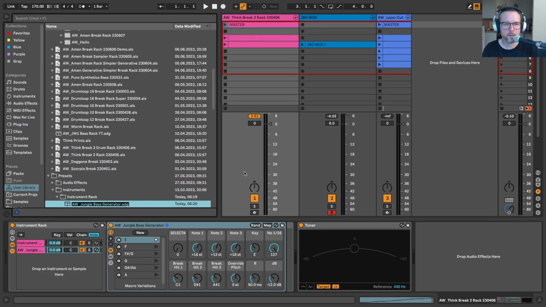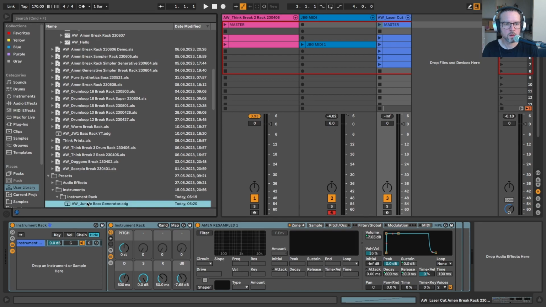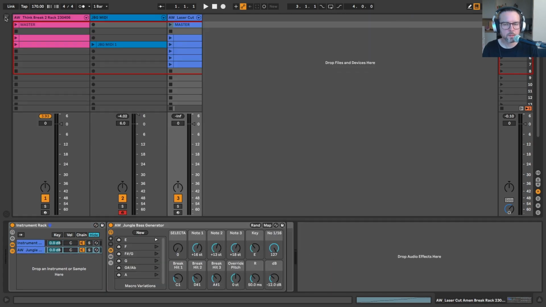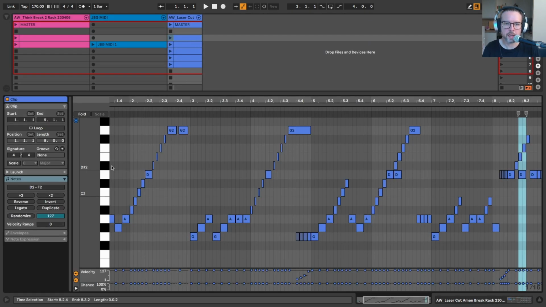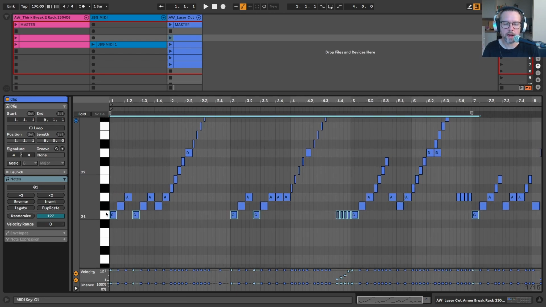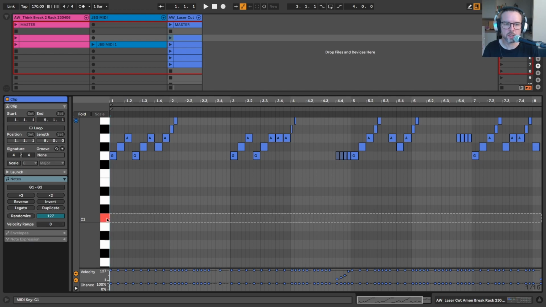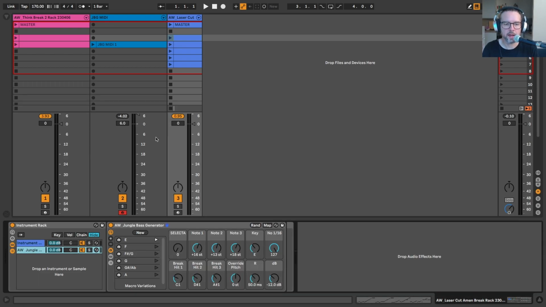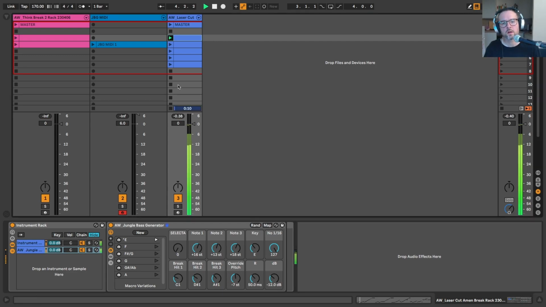Oh, we have to save it. We did save it. Yeah, okay. Now here we can demonstrate something interesting. I know the best kick in the Amen break is on a G1 because I've chopped this from C1 here. Okay, you can hear it happening now. So this is where this override pitch comes in. If I drop this down to a G1,